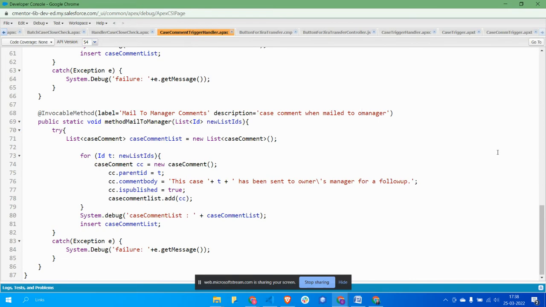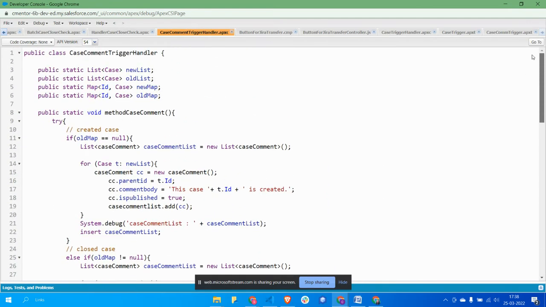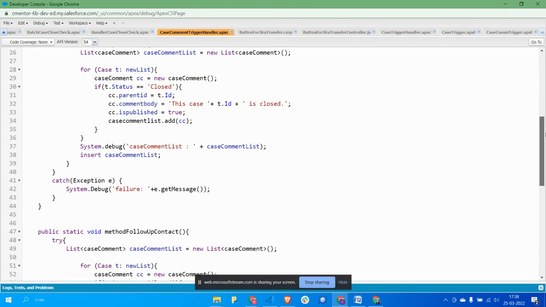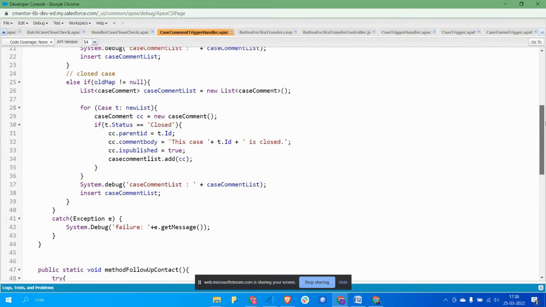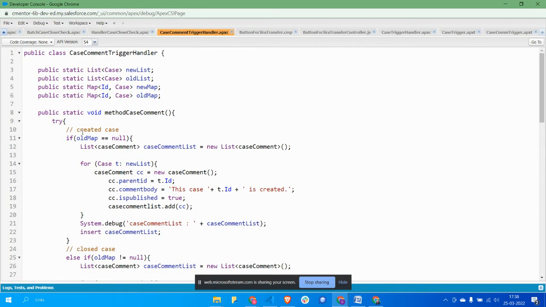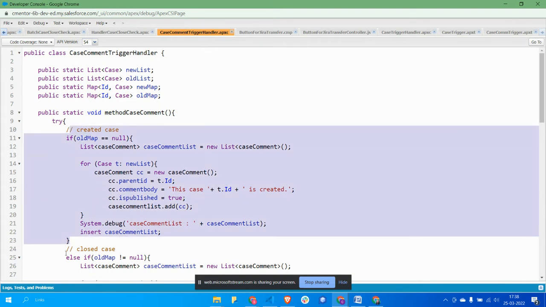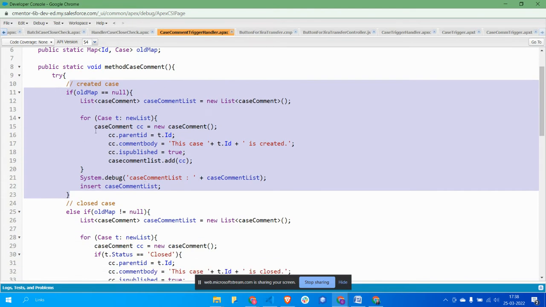If the old map is null, it means we have created a case, and what I'm doing is, if the case has been created,